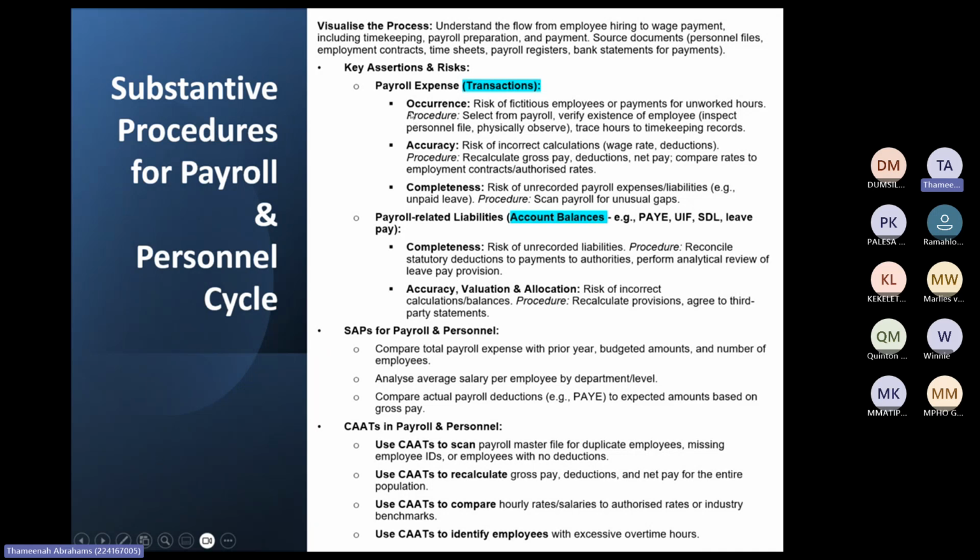But then again, when it comes to the payroll, every month, if it's salary, it's monthly. If it's wages, it can be weekly, bi-weekly, every fortnight, whatever the case might be. Salaries can be paid via EFT or via cash. The other thing is salaries also need to be recorded at the end of the day. So you'll record the net salary that they actually got, that was given to the employee. You'll record the amounts that you paid over to SARS per employee, and all that stuff. And remember, you must know the documents in there also. So you'll have pay slips, employee contracts, and bank statements.